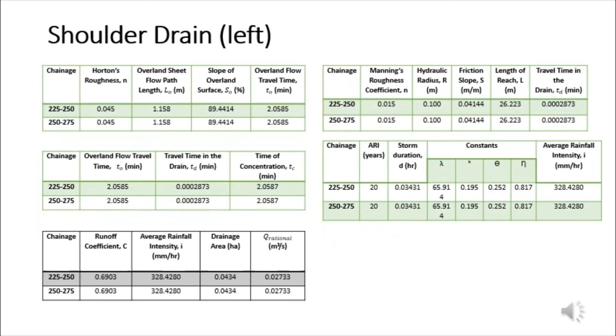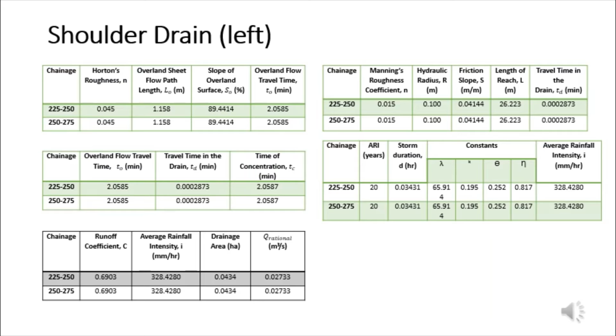0.007251. For the left side shoulder drain, we find the L0, S0, S, and L in the cross section in channels 225 to 275. And then we calculate the T0, TD, TC, I, and Q rational. Finally, we get the Q rational of the left side shoulder drain is